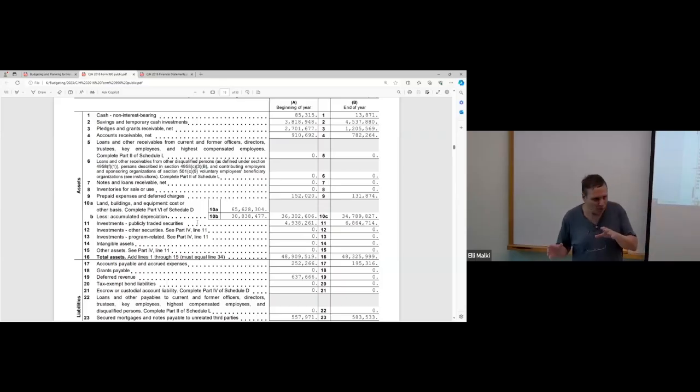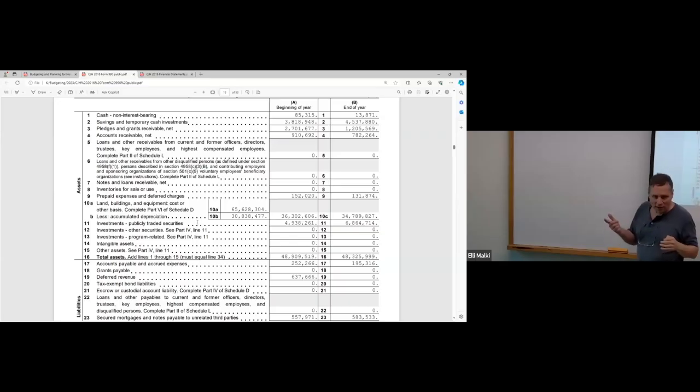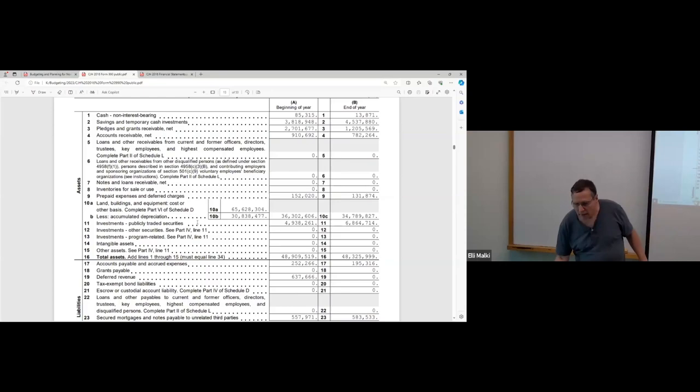And the purpose of moving the data from the financial statements or the 990 form to the Excel file is to make sure that we read it correctly. And then using the file, we will do the analysis and the file will do the calculation and we will do the understanding. Okay? Now, if we go to the actual financial statements,